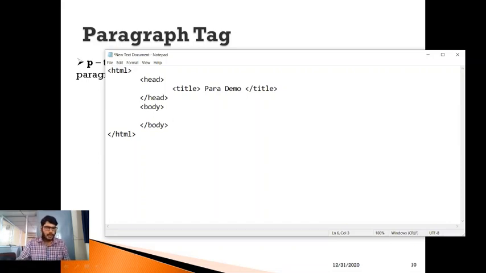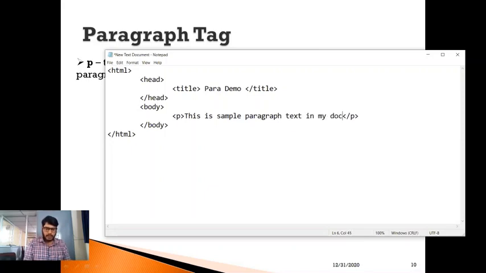To place a paragraph text, I need to use a P tag. This is the closing tag of a paragraph tag. In between I can place any paragraph text. Say for example, this is a sample paragraph text